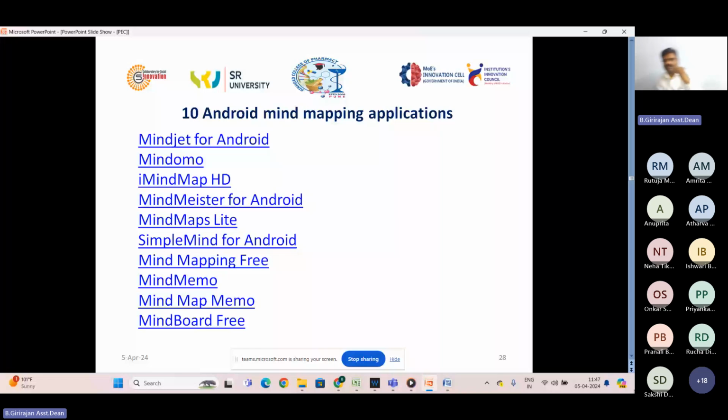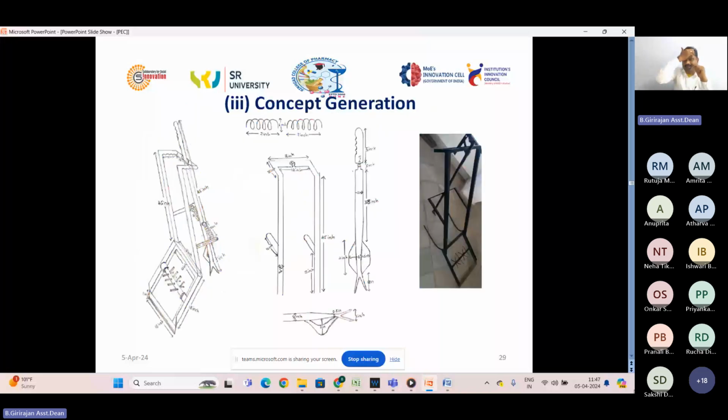So the concept generation can be a diagram with proper dimensions. Each and every part or section should have its dimension, and the document supporting it with the materials should be there for concept generation. Here is one of the tools for farming. In the bottom we can see some wheel kind of thing, and that dimension is also mentioned here. The handles and the frames are there. A spring is also there, and even for the spring the dimension is mentioned. In this way, if you have detailed diagrams in the concept generation, then it is easy for you to design it.